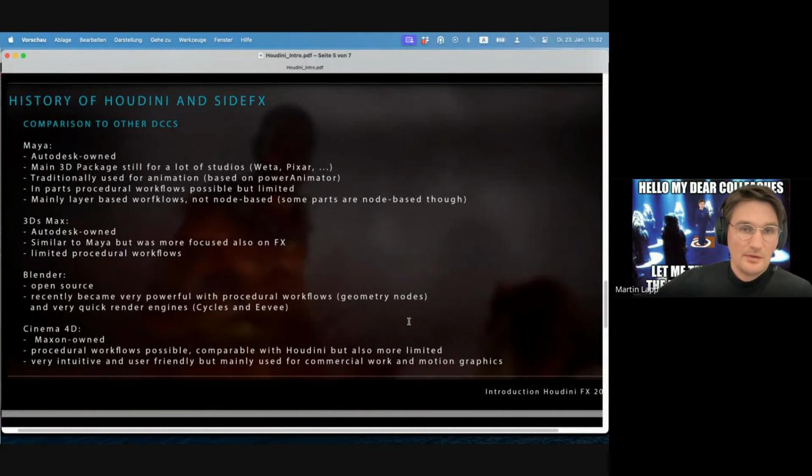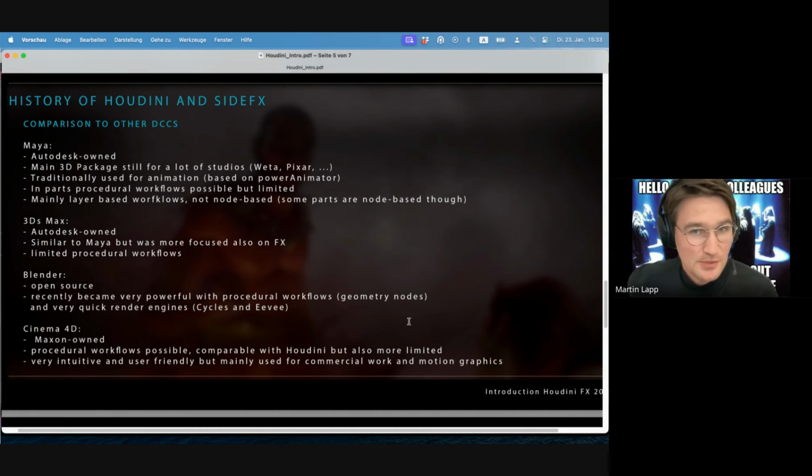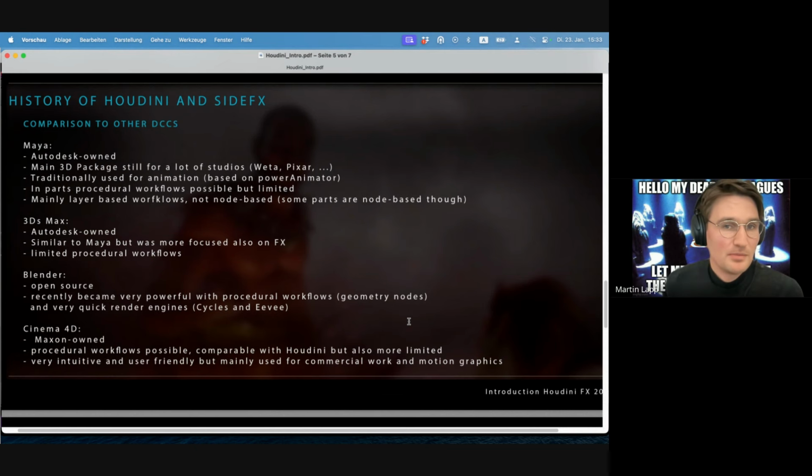Comparison to other DCCs, my favorite slide. So starting with Maya, which is Autodesk owned. Not gonna say anything more. No, Maya is the main 3D package still for a lot of studios like Weta, Pixar. Although you should say that what they're using doesn't have to do a ton with the original Maya, because